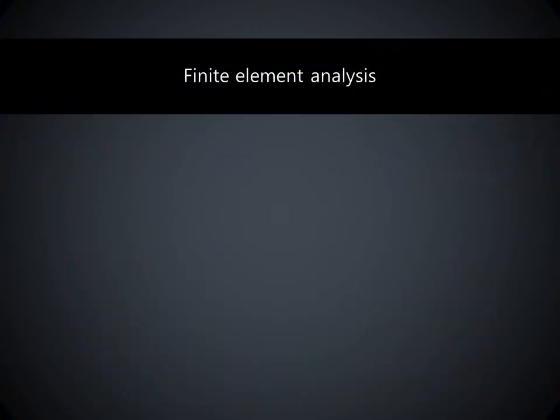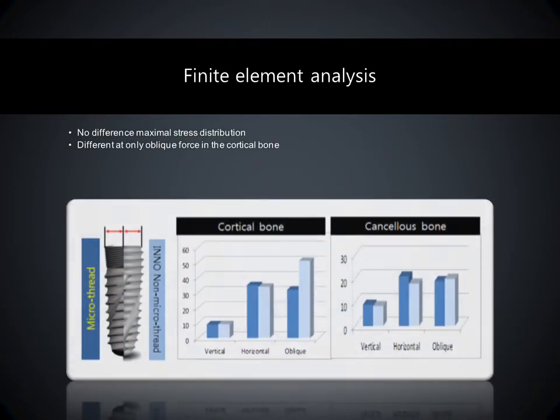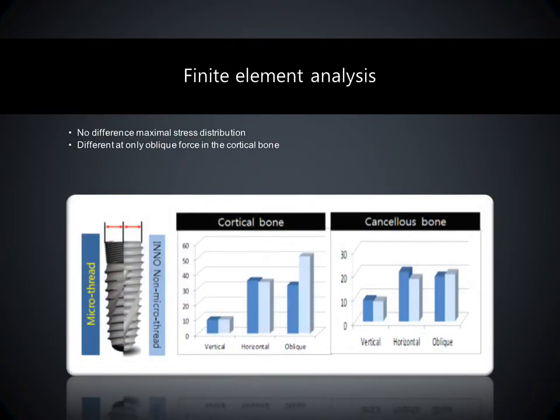In finite element analysis, there is no difference in maximal stress distribution in both the cortical bone and cancellous bone under vertical and horizontal force, except for the oblique force in the cortical bone,